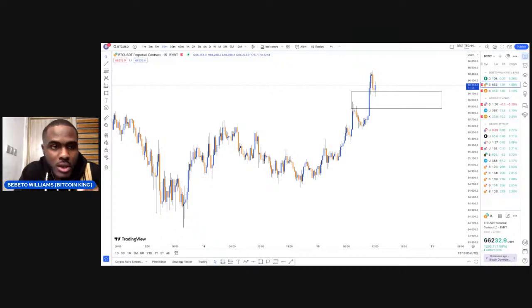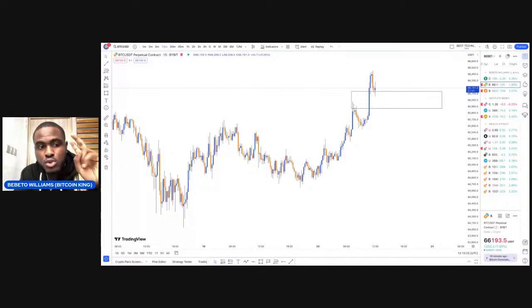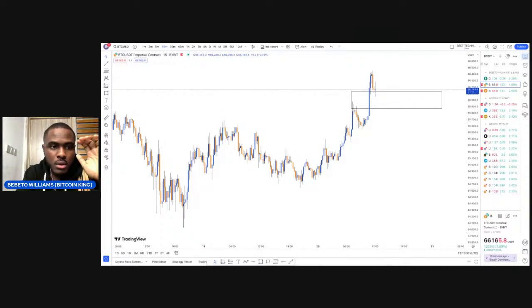So expect what I just told you now around that box area. Do not just wait for anything other than candlestick and chart pattern. What chart pattern will you be looking out for? W pattern. Then what candlestick will you be looking out for on the 1 hour time frame? A bullish harami or bullish engulfing. These two things are what you need to be expecting the market to do, and you're good to go.